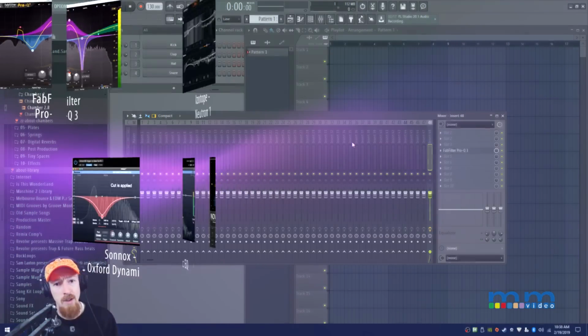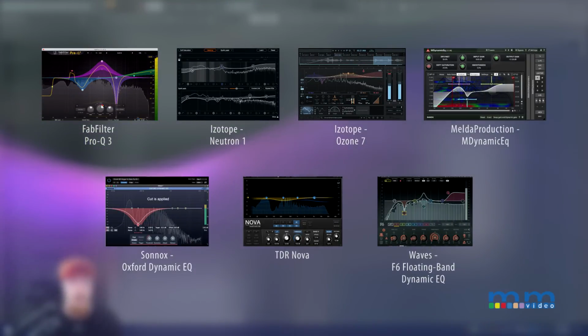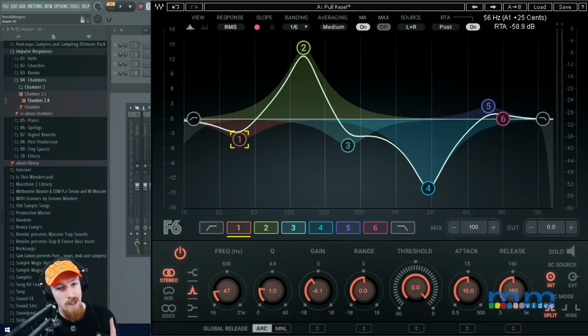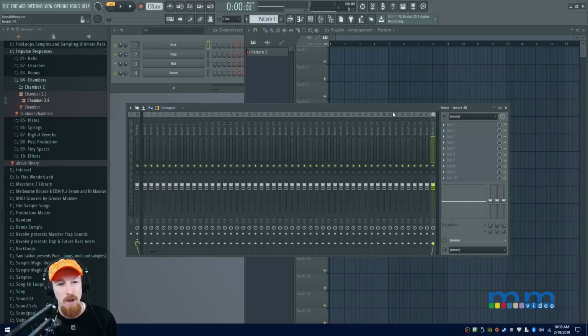So first off, let's see our contenders. I'm going to load each one up one at a time so you can see them and how fast they load, except for the Waves F6 because my demo ran out on the Waves F6. But actually, Waves Central loaded pretty quickly, but there's a big downside to loading Waves plugins: you have to load up their thing and then you have to go through their list to load it up again. So loading it up for them is a little bit extra painful versus, for example,